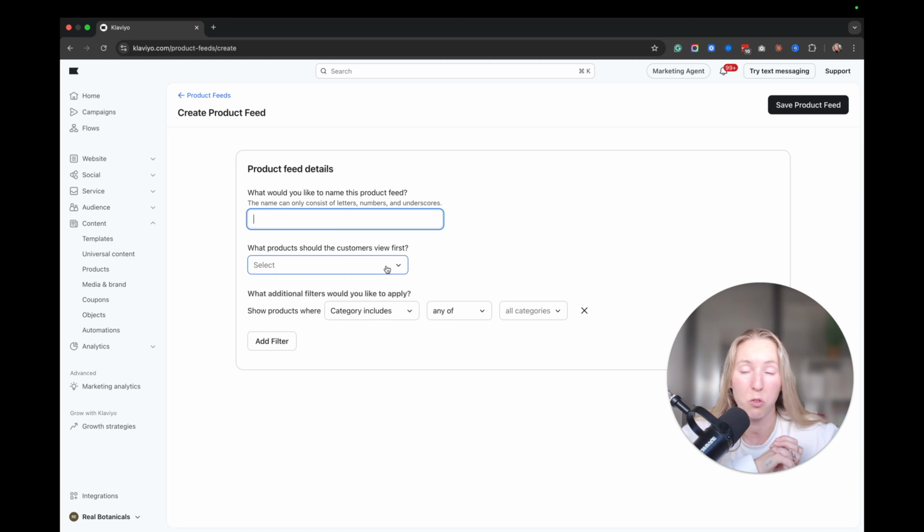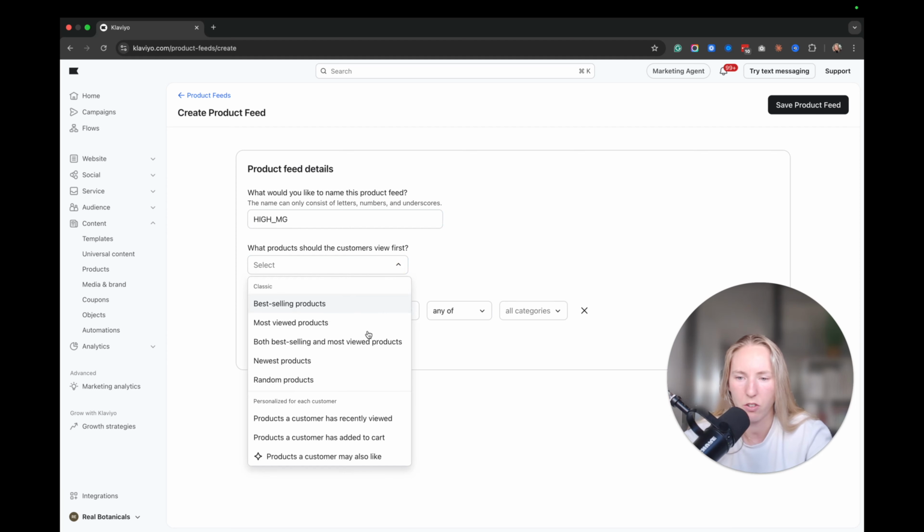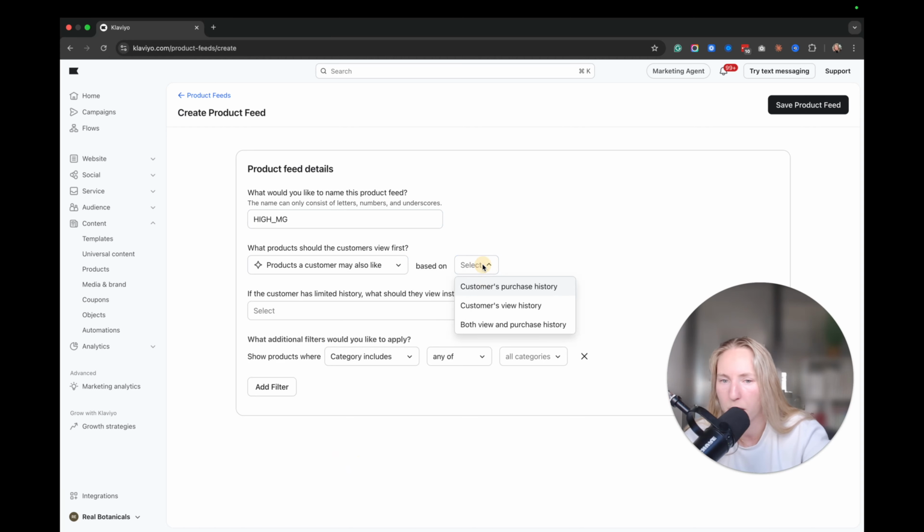This also works great for a post-purchase flow. Another idea is that you can build out a post-purchase flow and in there you specifically only show them the best sellers, or you don't even have to show them best sellers. You specifically want to show them personalized products that are the highest milligram in that flow. So it simplifies everything. So let's just say high milligram. Perfect. And we want to show products a customer may also like based